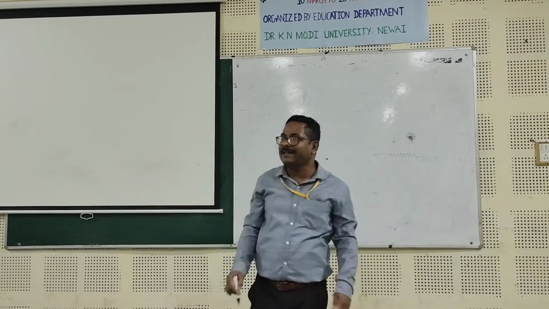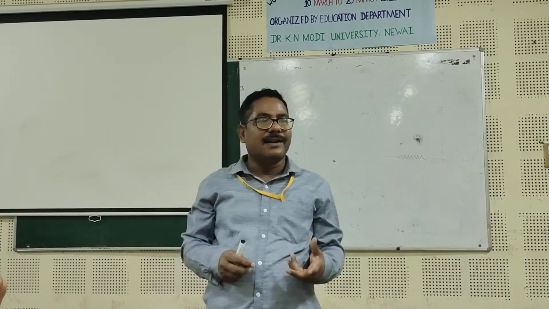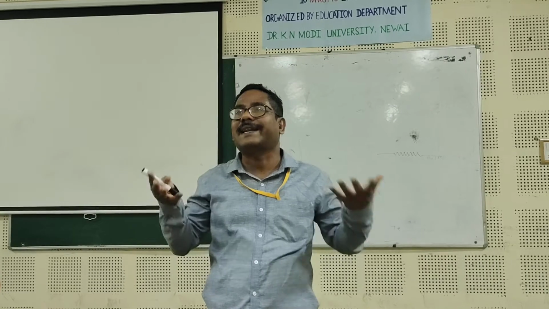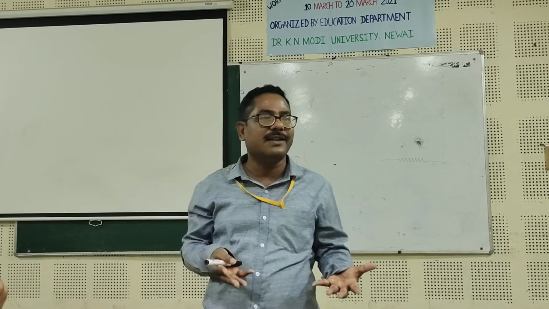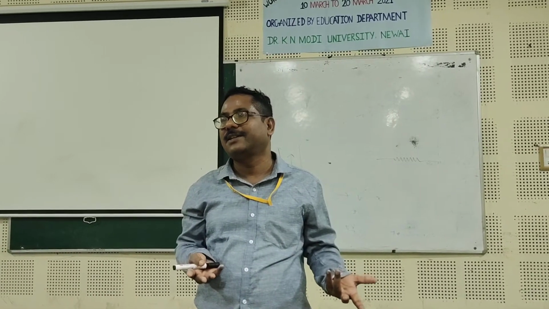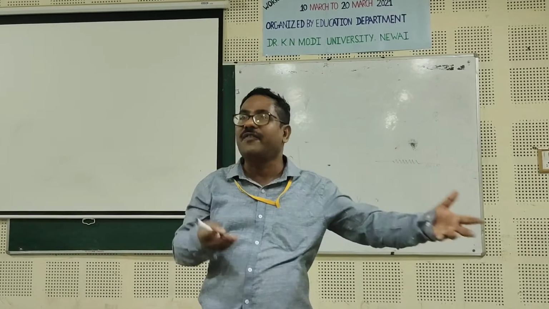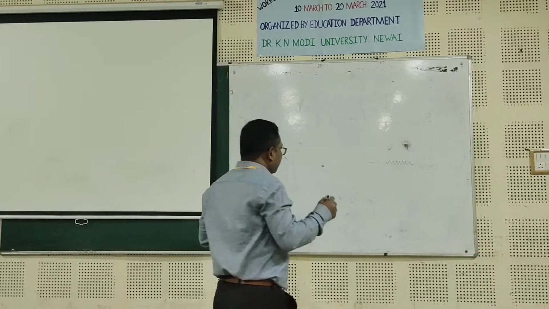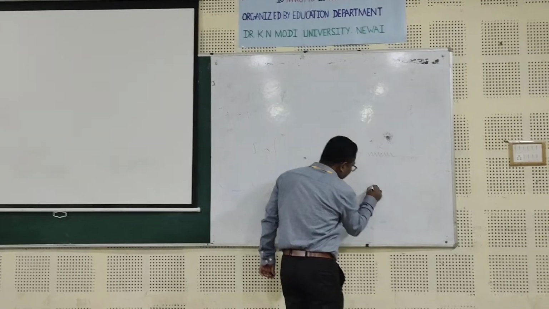Now, what is the definition of resistance? Resistance is the opposition to the flow of direct current. It is the characteristic of any conducting material due to which it opposes the flow of current passing through it. So if this is your resistor R, and if we connect